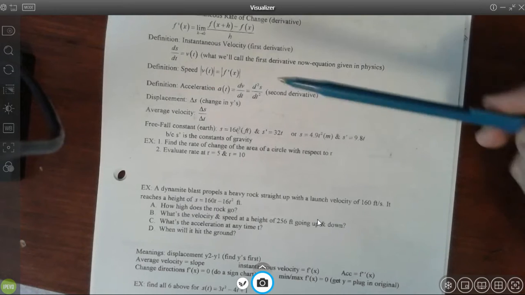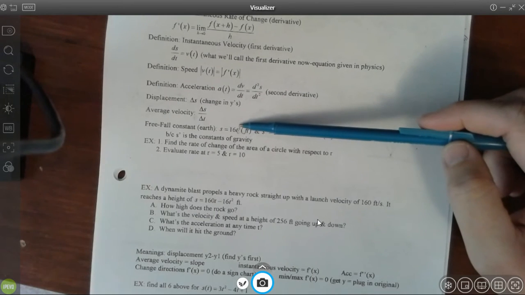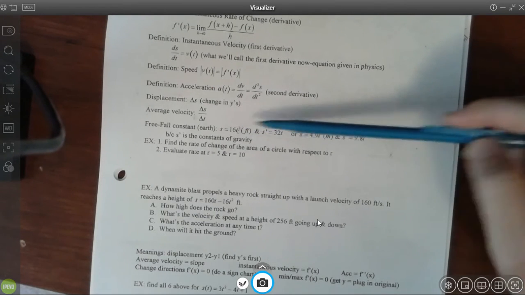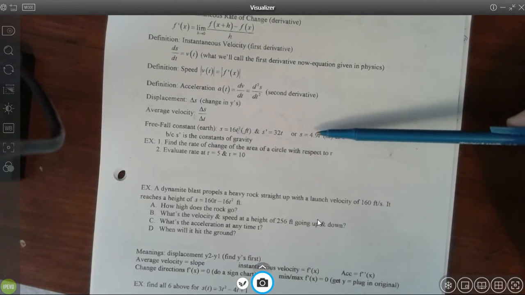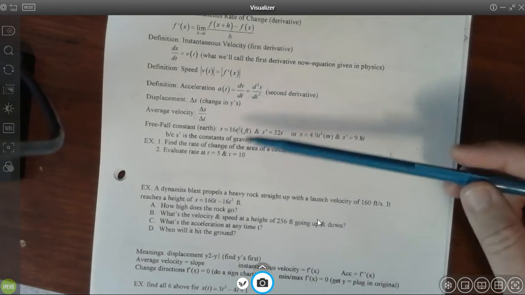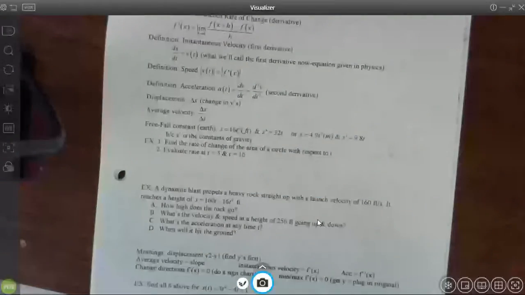Right here, we've talked about this too, that 16t squared is gravity acting on an object in feet per second. If you do 4.9 t squared, that's just the meters per second. It's the same equation. So the first one right here, we want the rate of change of the area of